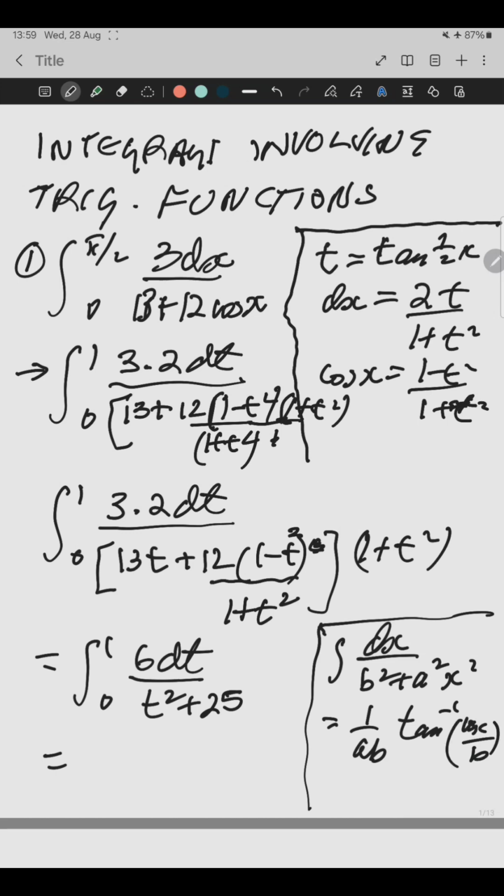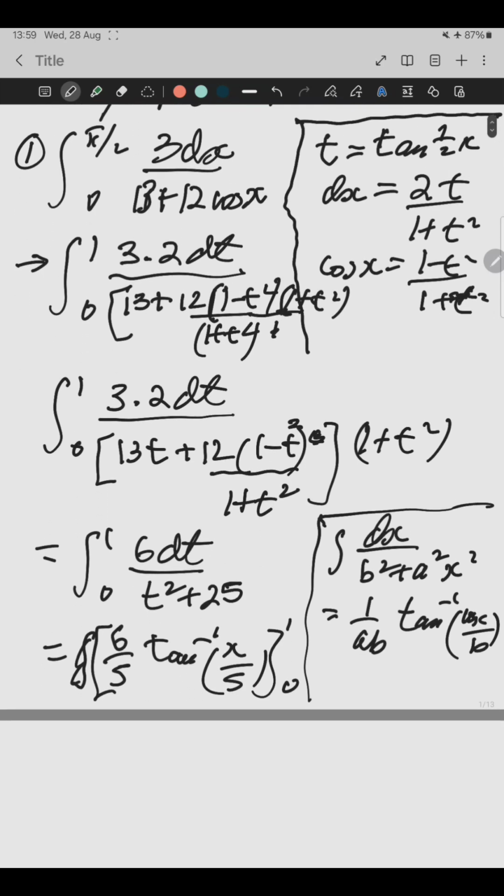Well, substituting in, the a will be 5 and the b will be 1. I've got that the wrong way around, but it doesn't matter because it comes down to 6 over 5 tan inverse x over 5 between the limits 1 and 0,